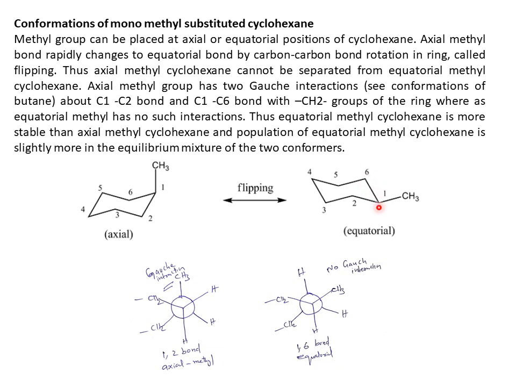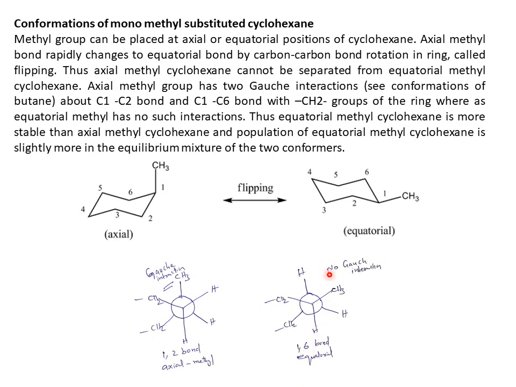We are evaluating the Newman projection formula about the 1,6 bond, and on this first carbon atom, this CH3 group is drawn here, and the second CH2 group is drawn here. This is a CH2 group,